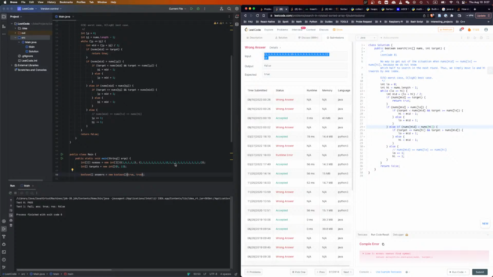Larger than low, no. Smaller than high, no. So they're equal. And, oh, they are equal. But then it's also not equal to target. So I remove both sides, remove both sides. And at the end, this one I can see